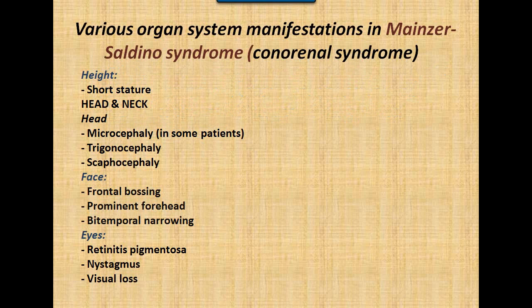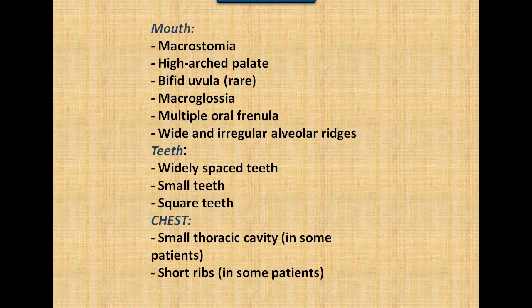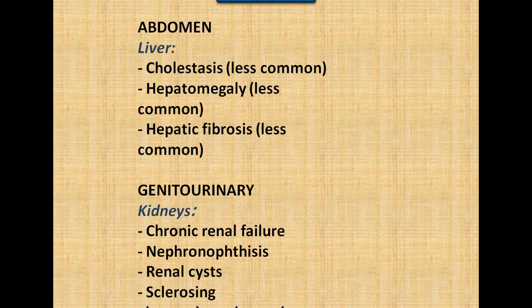Various organ system manifestations in Mainzer-Saldino syndrome include: height, short stature; head and neck, microcephaly in some patients, trigonocephaly, scaphocephaly; face, frontal bossing, prominent forehead, bitemporal narrowing; eyes, retinitis pigmentosa, nystagmus, and visual loss; mouth, macrostomia, high arched palate, bifid uvula, macroglossia, multiple oral frenula, wide and irregular alveolar ridges; teeth, widely spaced teeth, small teeth, square teeth; chest, small thoracic cavity and short ribs; liver, cholestasis, hepatomegaly, hepatic fibrosis; and genitourinary, chronic renal failure, nephronophthisis, renal cysts, sclerosing glomerulonephritis;